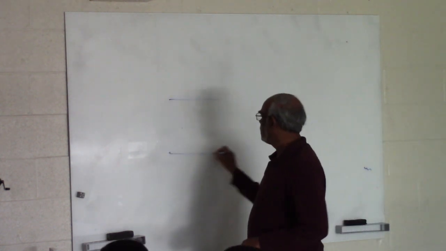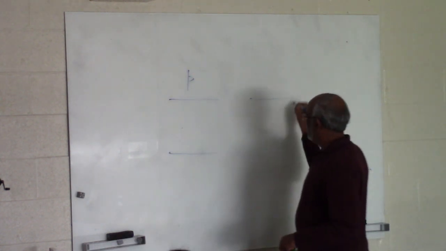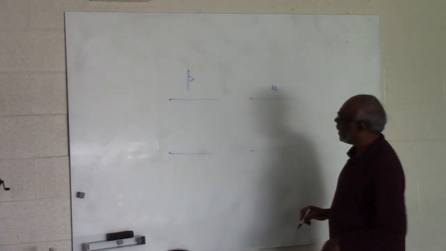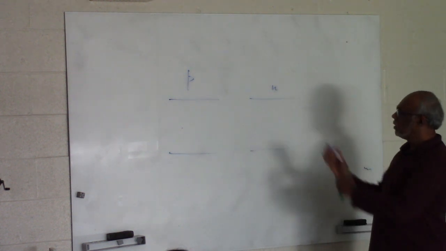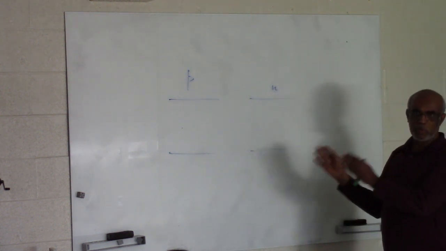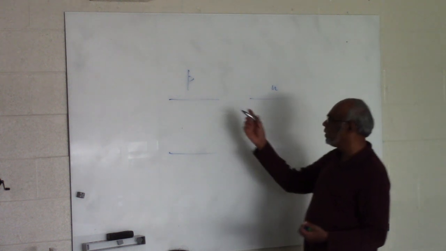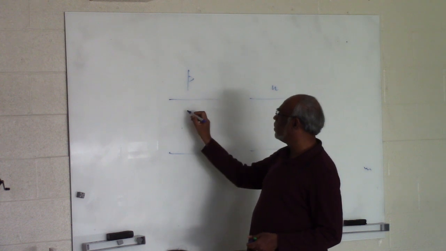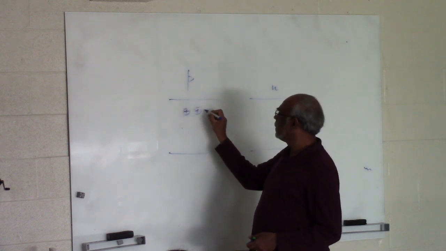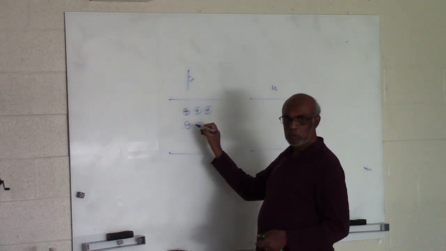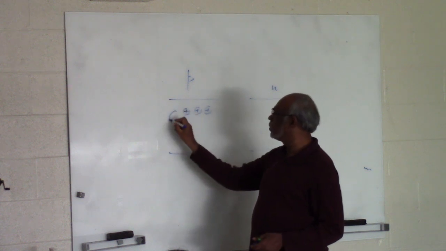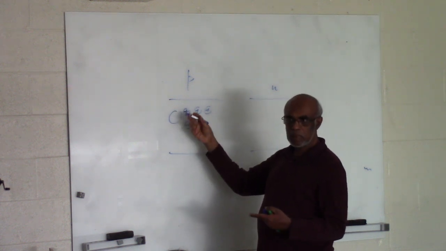Basically, when you have these P and N junctions and you bring them together, that's what you are making the real devices. So what happens is, in P, we know you have holes as the dominant carrier, right? So when you have holes, what do you get here? Typically, the